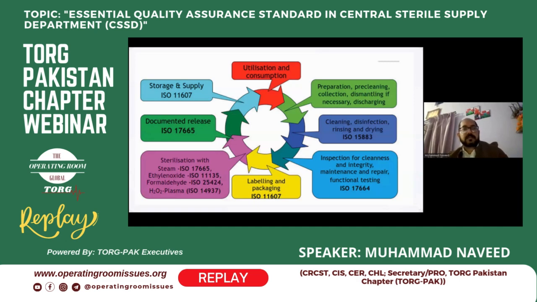So this standard tells us what things we have to make to standardize our system. The last one is utilization and consumption. After that, this picture is showing all the process flow we are using in our CSSD. The different zones have different ISO standards, so we have to achieve all the standards to make sure